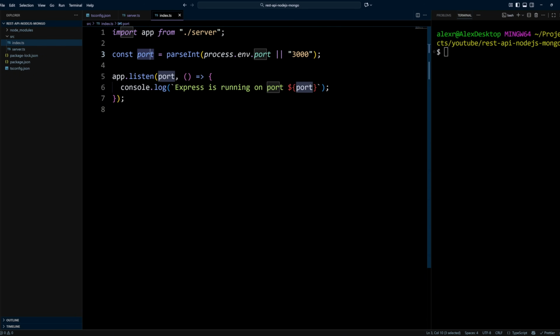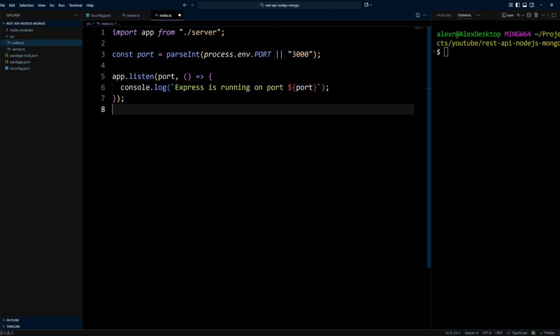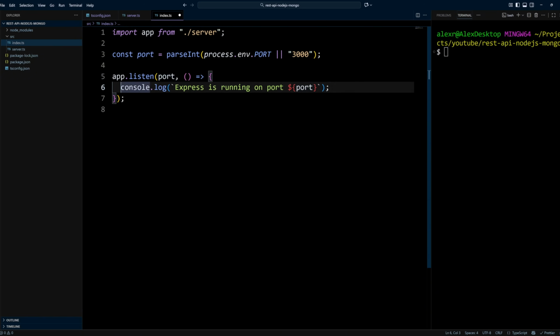We'll then specify the port by using parseInt, and we'll get the port from process.env. If the port is not specified, we will put the default port of 3000. And then we're going to call the listen method on the app. We will pass the port, and we also put the console log: Express is running on port, using the port that we specified. And since we're taking this port from the environment variables, I will show you how to load these environment variables